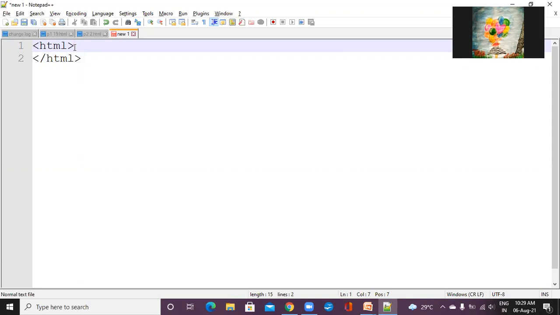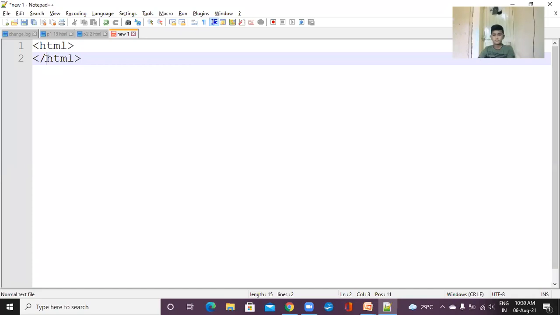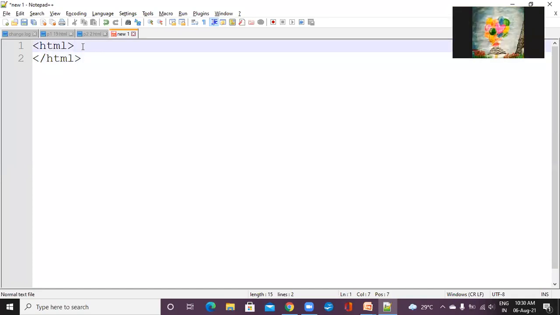Whenever you open the tag, close the tag with it also. This is the HTML opening tag. This is the HTML closing tag. Whenever you write a slash before a word in the angular bracket, that is the closing tag.